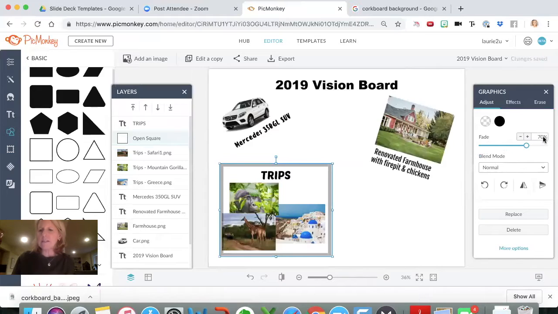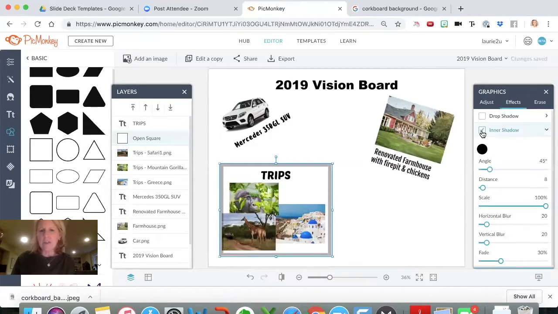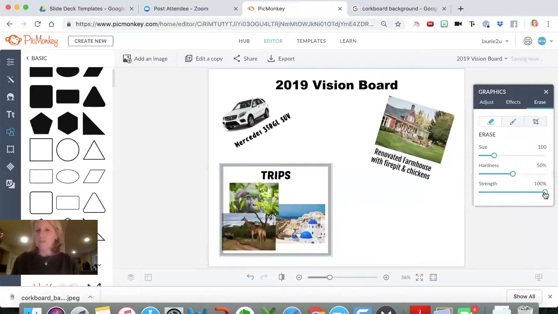And oh, here it is. Here are the percentages of the fade. So if you know something's faded at a certain percent, you can go back and adjust it. Inner shadow, I don't know. I don't know what all these things do, but clearly I can do this. Strength, I don't know if that makes it smaller.